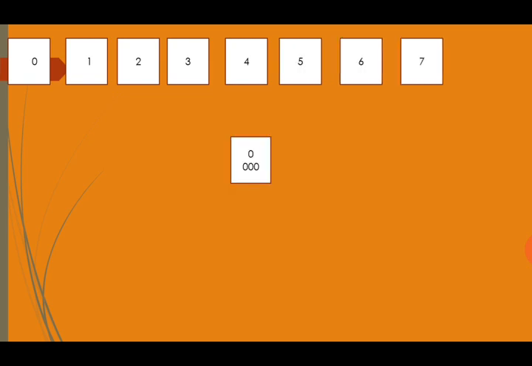Now students, we are going to have the 8 boxes game. So we have the box with the number 0 first, then the box with number 1, then box with number 2, box with number 3, box with number 4, box with number 5, box with number 6, and box with number 7. So total 8 boxes are there, and let's see how they are going to be arranged. And please remember the rule: